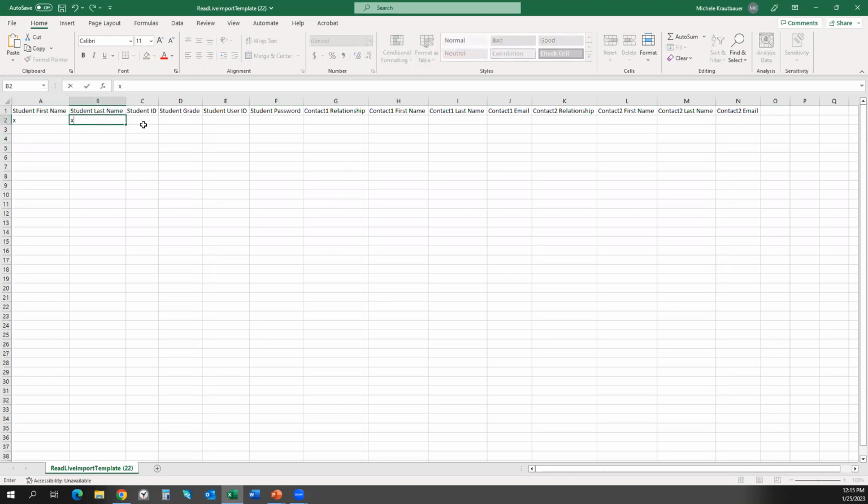Student last name is required. Student grade, student user ID, student password. So those are your 5 fields that you have to have information in. The other fields can be left blank, but the column headings should be left as is